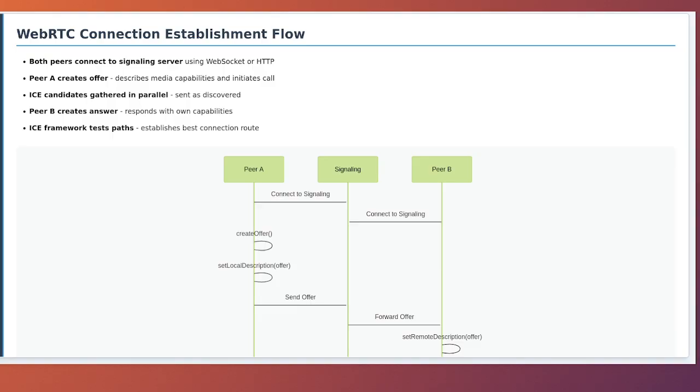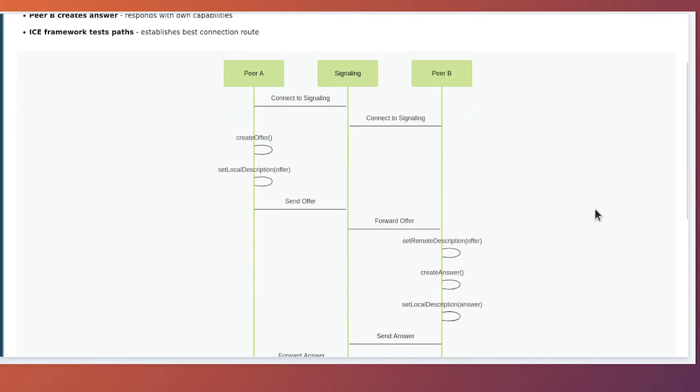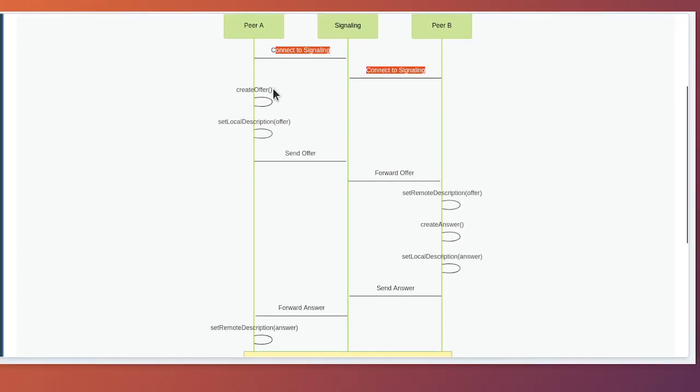Once connected to signaling, Peer A decides to initiate a call to Peer B. Peer A's browser creates an RTCPeerConnection object and begins gathering ICE candidates by contacting STUN and TURN servers. Simultaneously, Peer A creates an SDP offer using the createOffer method. This offer describes what media streams Peer A wants to send, what codecs it supports, and includes preliminary network information. Peer A sets this offer as its local description using setLocalDescription, which locks in these parameters for the local side of the connection. The offer is then